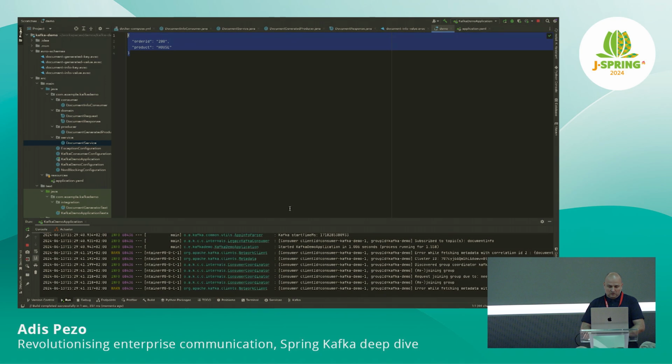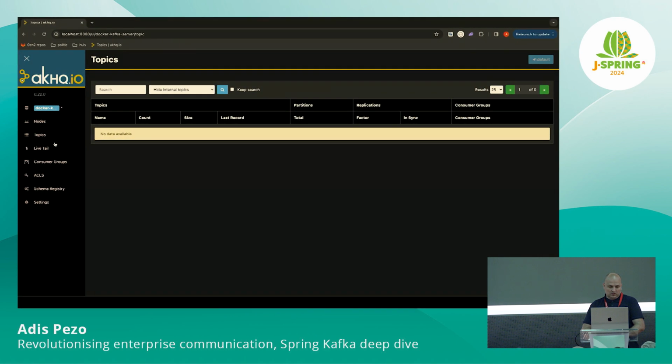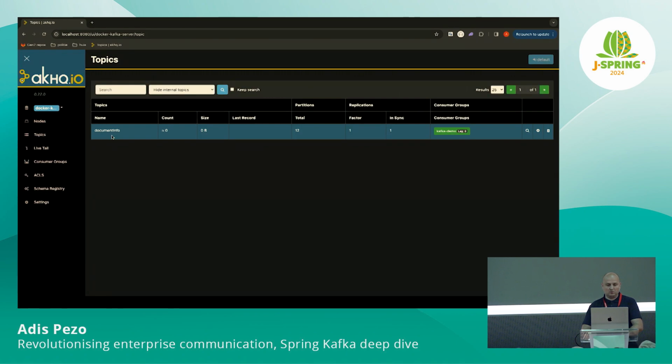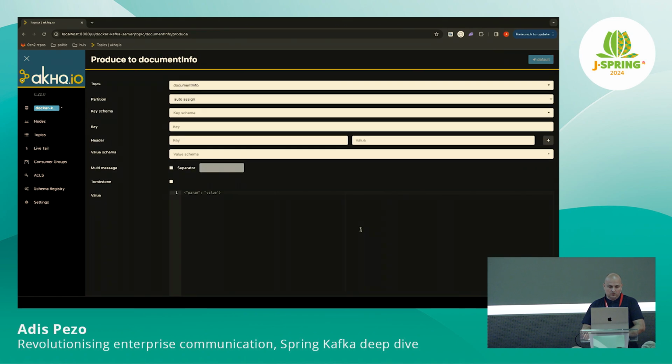So when I start it, it will connect to Kafka as my client with the group ID, and it will start listening, creating for me the topic that I need. So that's the document information topic, and I can place messages. I do it now in here, but you'll probably get it from another producer. So I need to select which